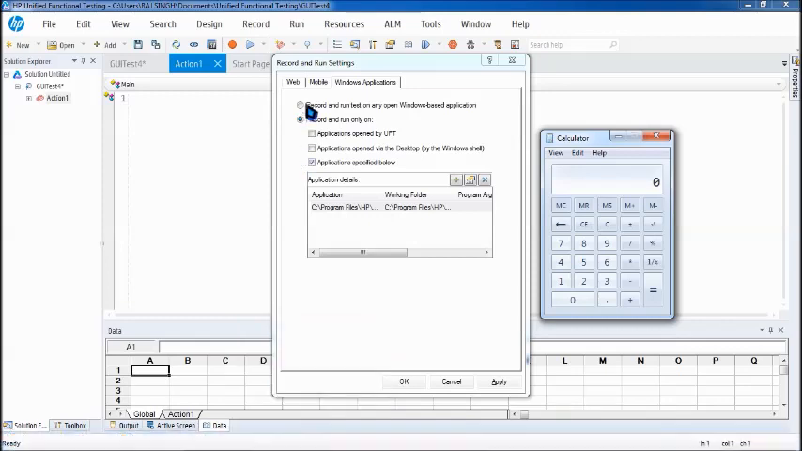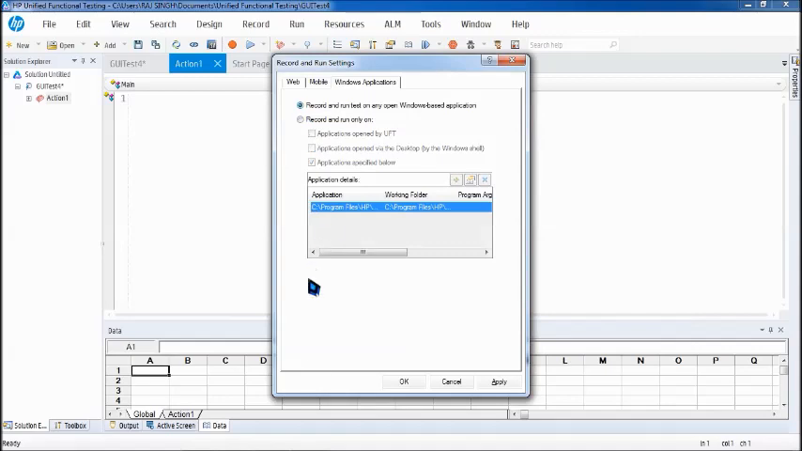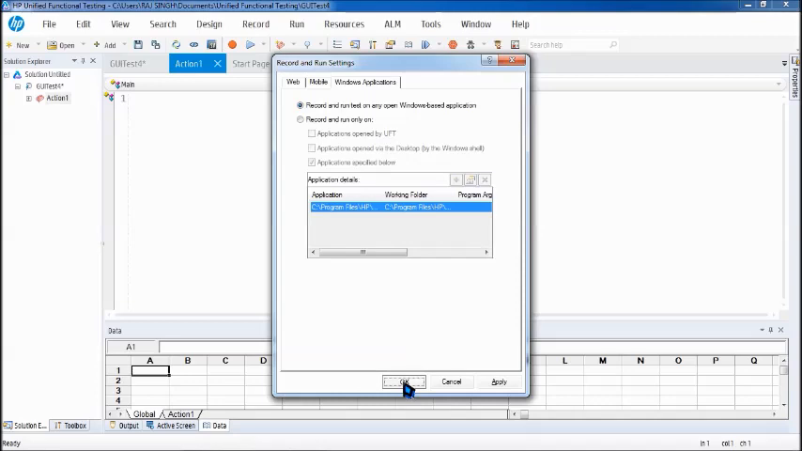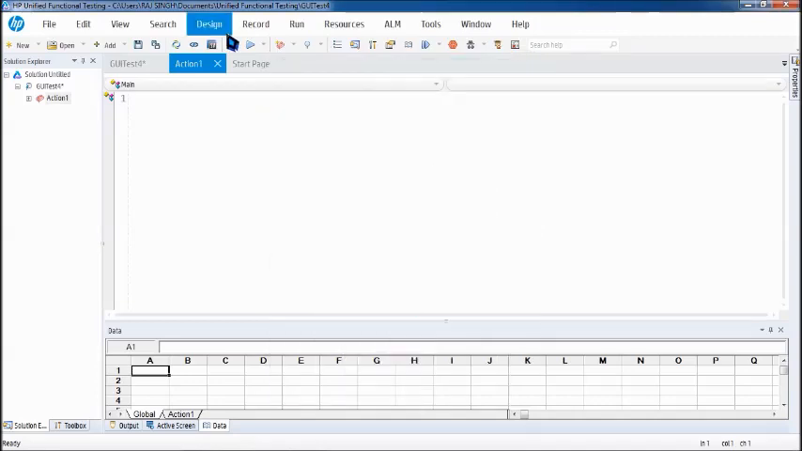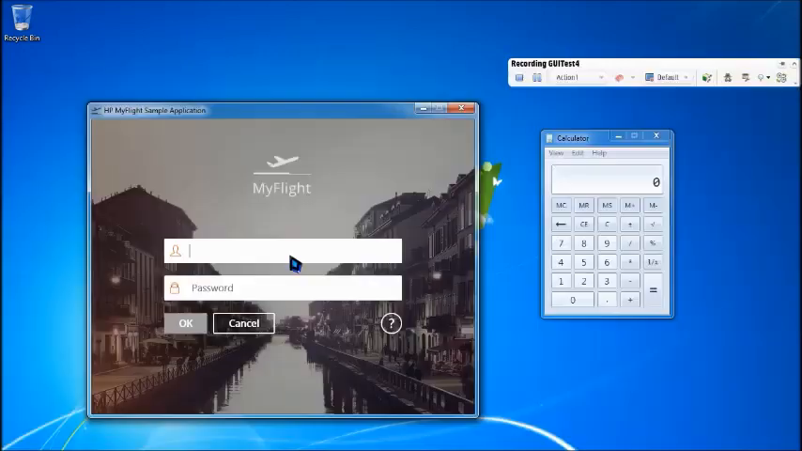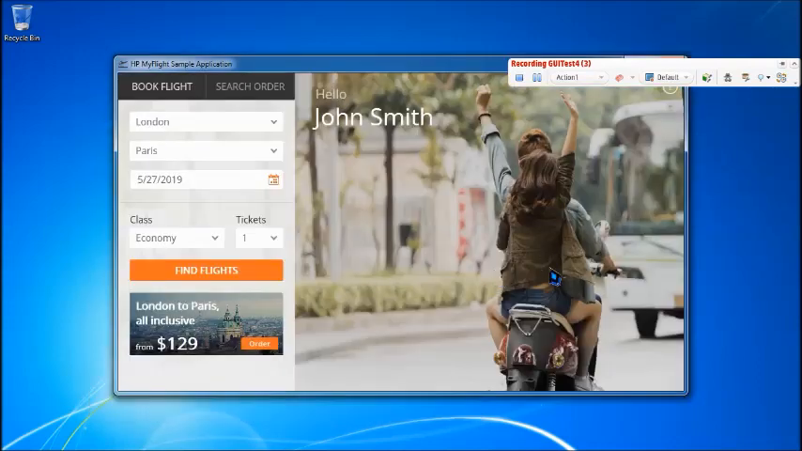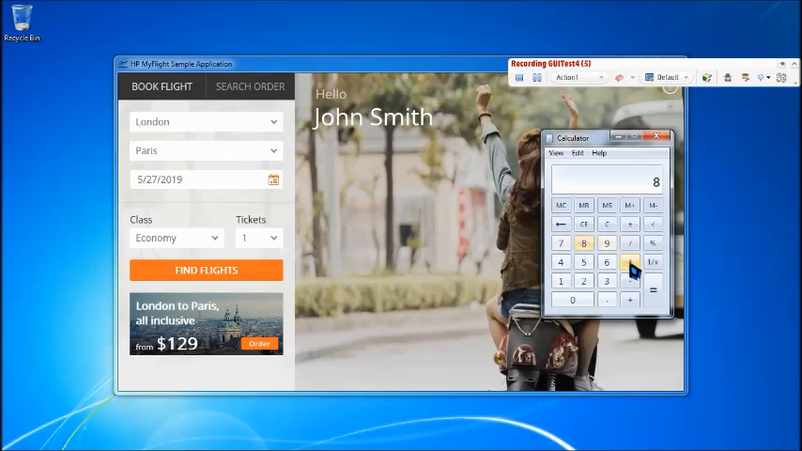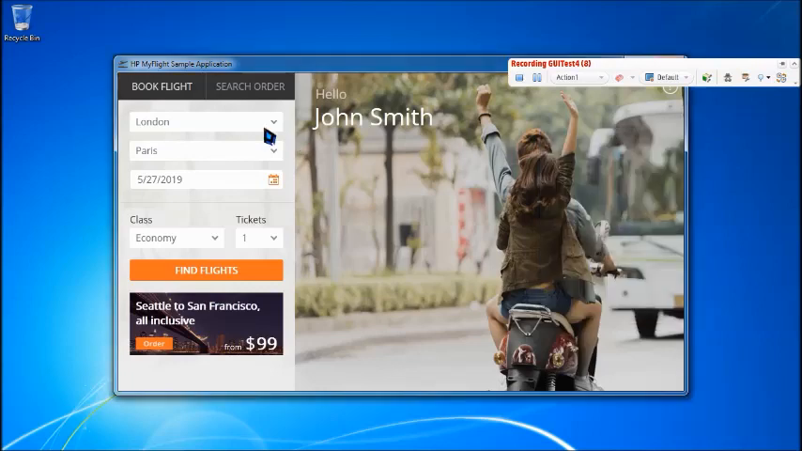So let me first try with the first option, which will be on any open window-based application, and click on OK. Now let's click on record, and let's try recording something here. For example, the login page of this, and click OK. Then I come to the calculator and do some calculation. And then again come back here and drop down and select something from the list,